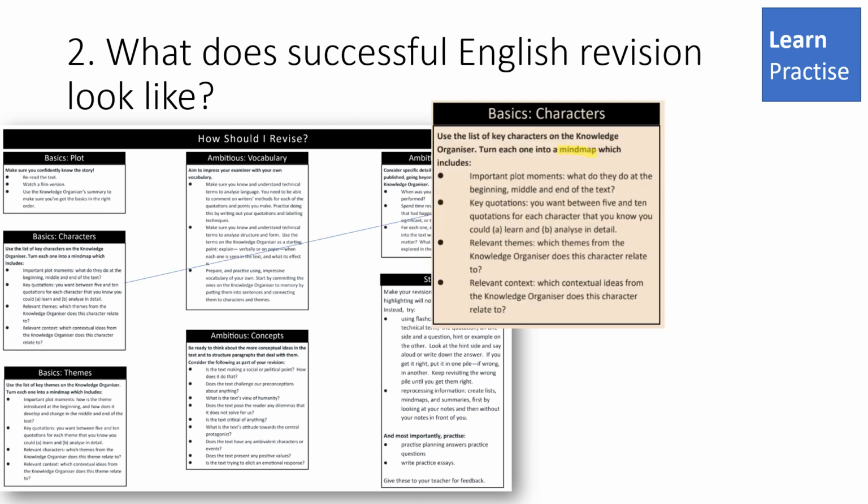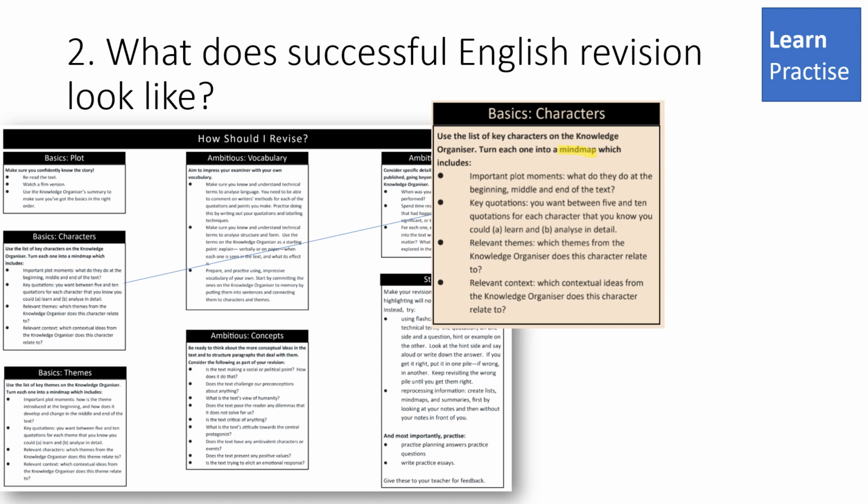So for example, one of the strategies that we really encourage students to deploy is mind mapping. So they would put the name of a character, say, or a theme in the centre of a mind map, and then they would write down everything that they could think of, all of their quotations, all of the key moments, any kind of related context based on that character or that theme. And one of the things that that will show is